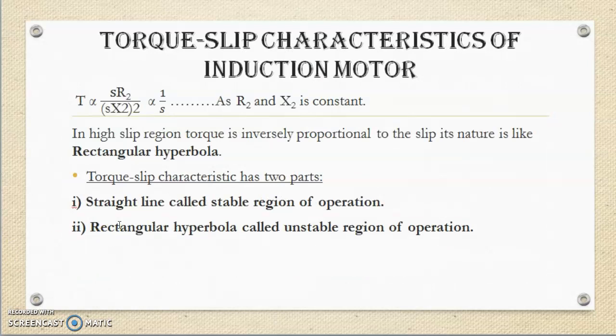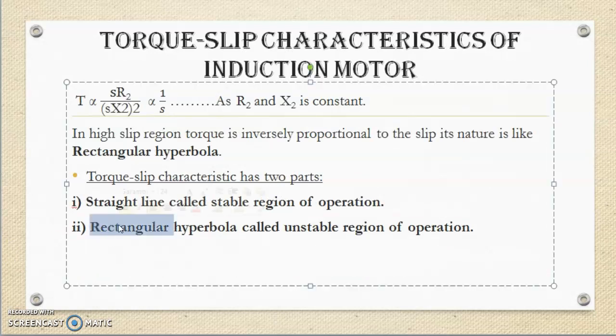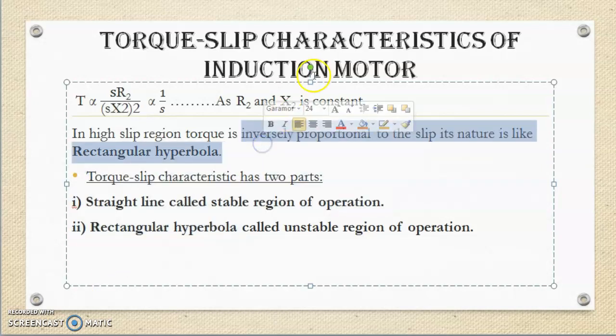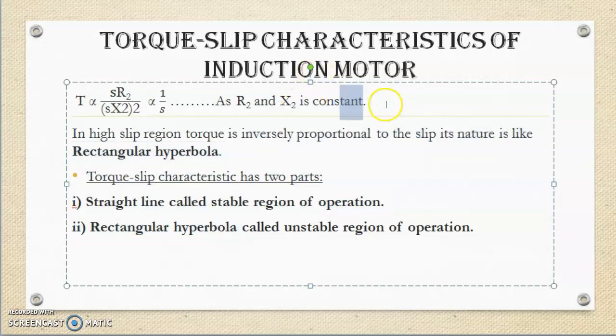SR2 divided by SX2 whole bracket square. So if you solve this, as R2 and X2 are constant, then you will get torque is inversely proportional to slip. So in a high slip region, torque is inversely proportional to slip,